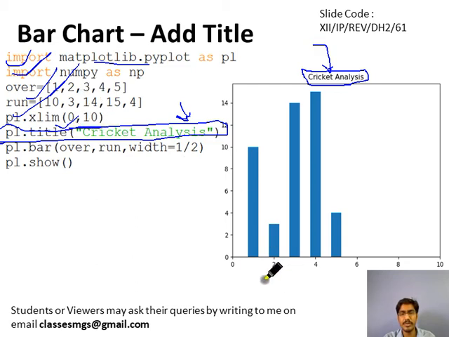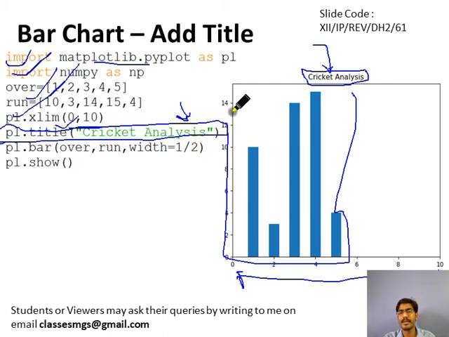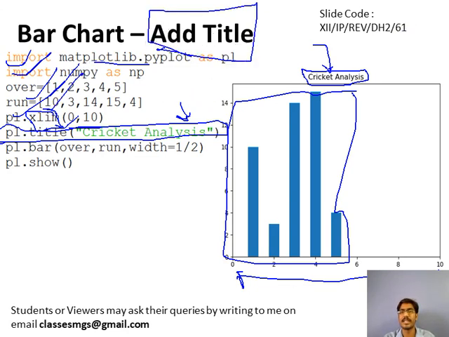The xlim is basically used to display the numbers between 0 to 10 only. If you don't use xlim, then it will display up to the data we have, like up to 6. So we have set the xlim from 0 to 10, then it will show the data on the x-axis from 0 to 10. If you pass 0 to 100, then it will show the x-axis up to 100. Okay, so this is basically the xlim function. So we have seen here how we can use the title method.